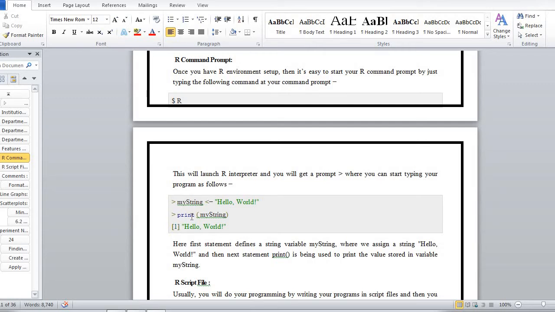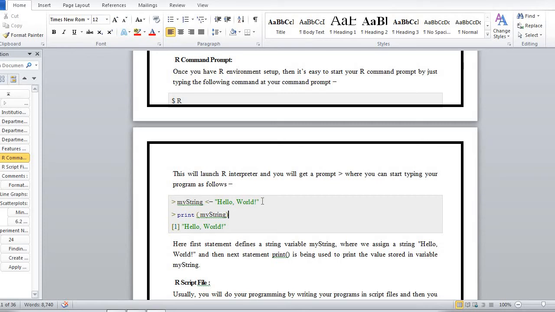Now there is one command, print MyString. Whatever is stored in MyString, hello world, will be printed. When you press the enter key after the closing bracket, you get the output.